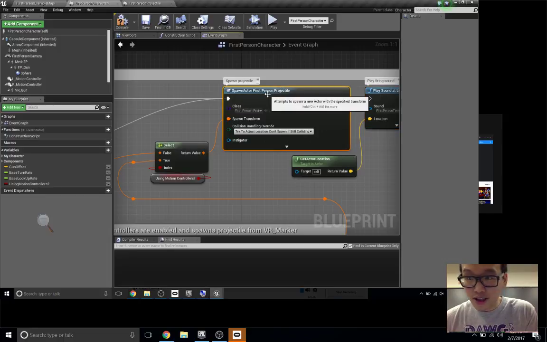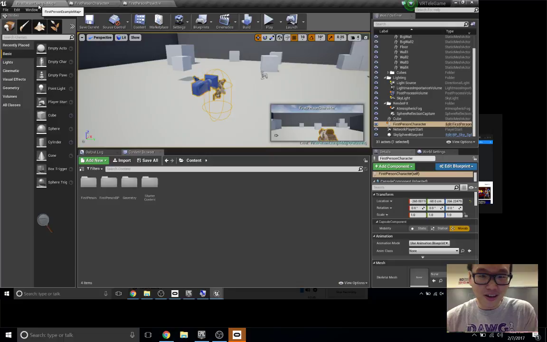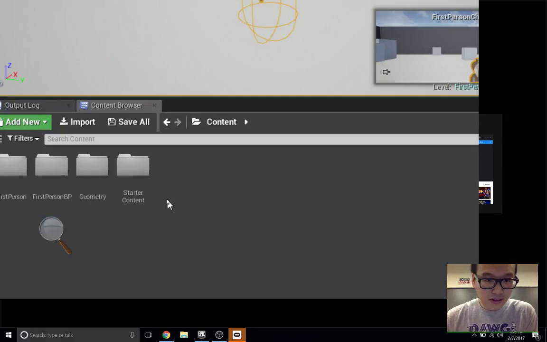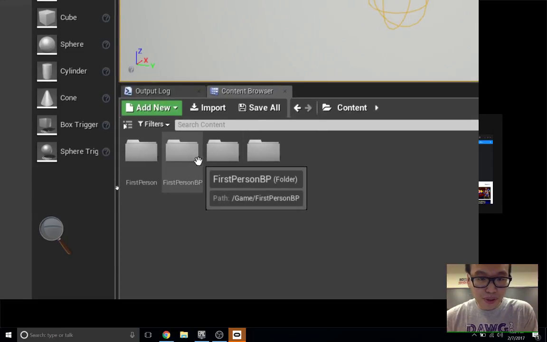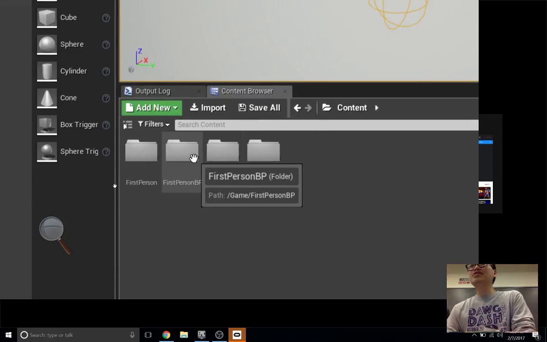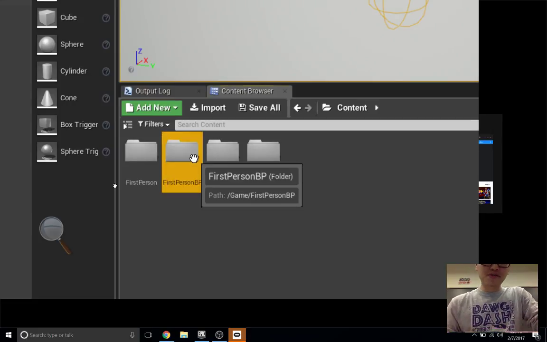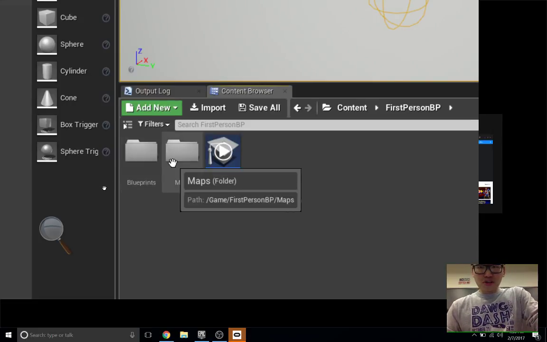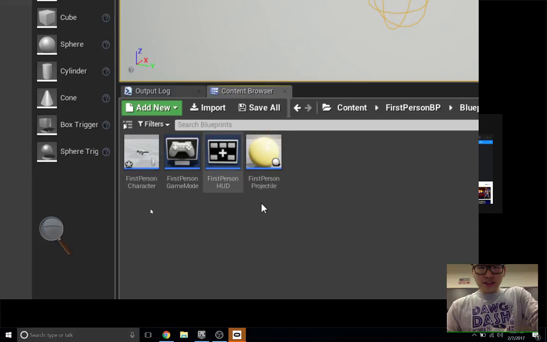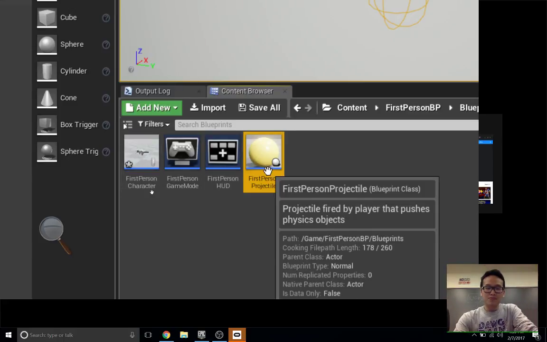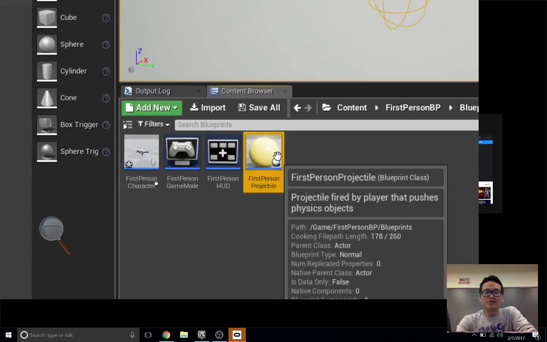If you go back to the map, it shows the content browser. Go to first person BP. BP stands for blueprint. This is auto generated from the template. You click into it and you can go to blueprint, and you see there's a blueprint called first person projectile.